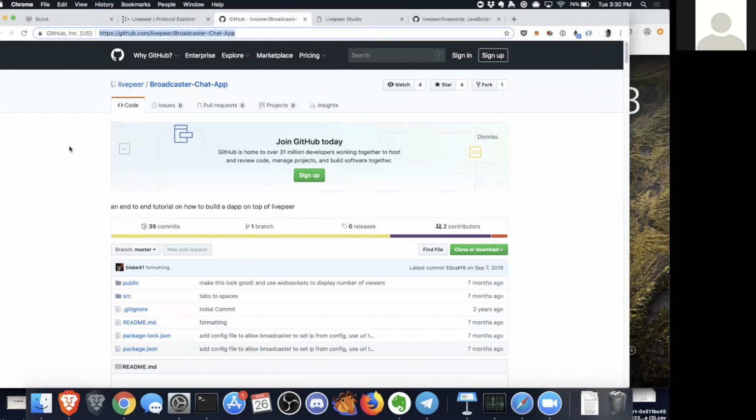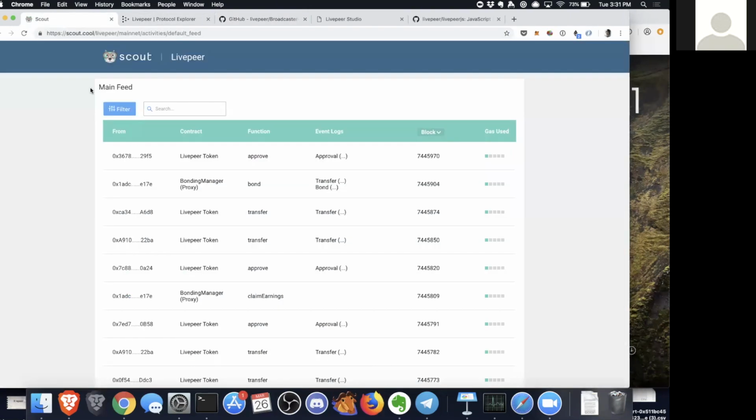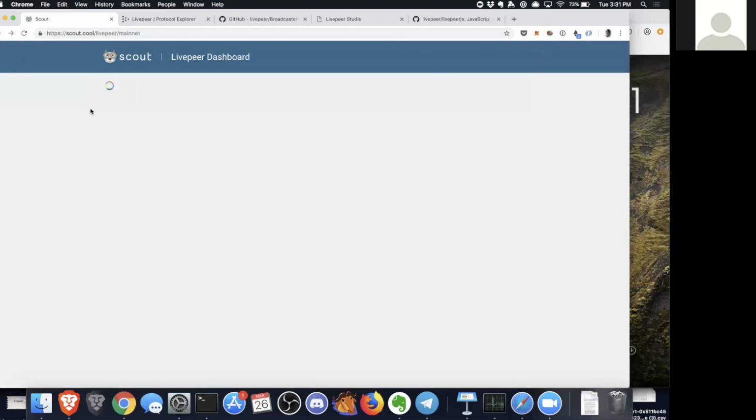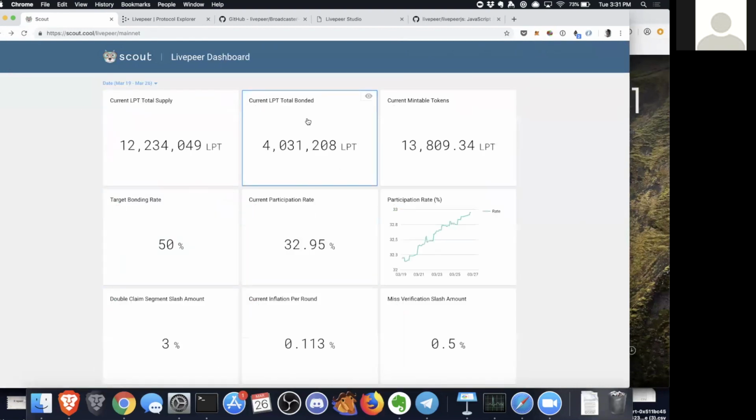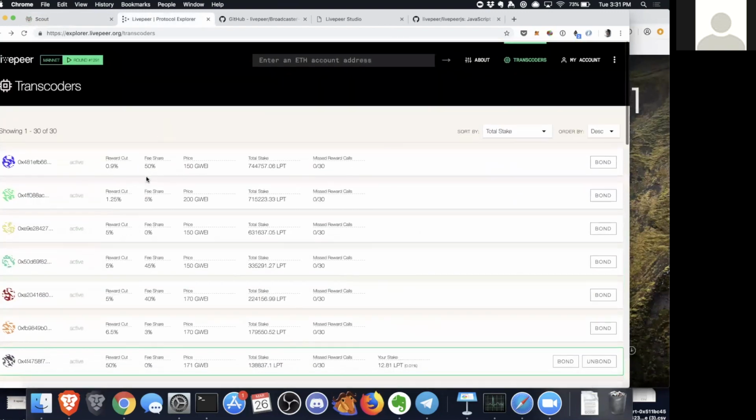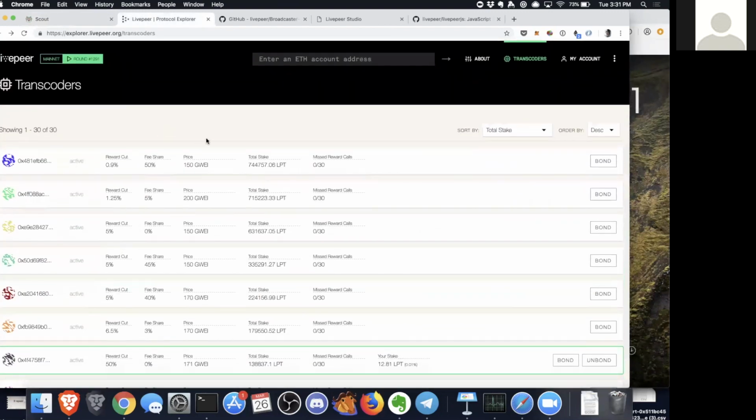Cool. Okay. So the second type of hack that you might want to do is something related to the token and the economics and the staking that I mentioned. I showed the example app of Scout. I showed that it outlines the protocol economics, and it shows all the events. I showed the Explorer, which gives you a window into what's going on. But there are so many requests from token holders and delegators in our network for how to make this stuff more useful.